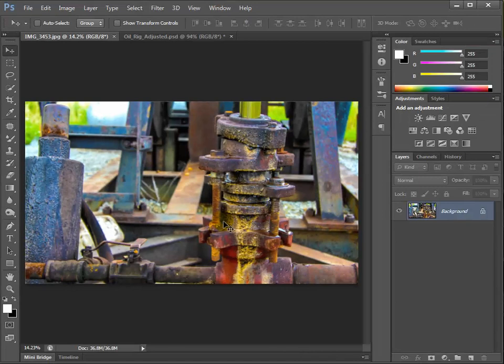And I want to put a copyright symbol on here so that if I put this out on the web, somebody can't take it, change the resolution and bump it up a little bit and print it out, take it as their own. Now, I don't think a lot of people are going to steal this particular image, but I like it. If I had an office, specifically an office where I was dealing with oil wells, this would be an important image to me. But anyway, I like the image, so I'm going to put a copyright symbol on here